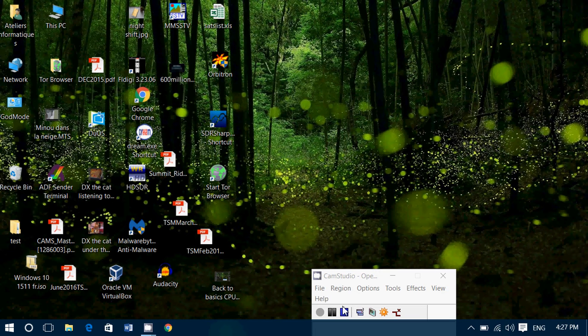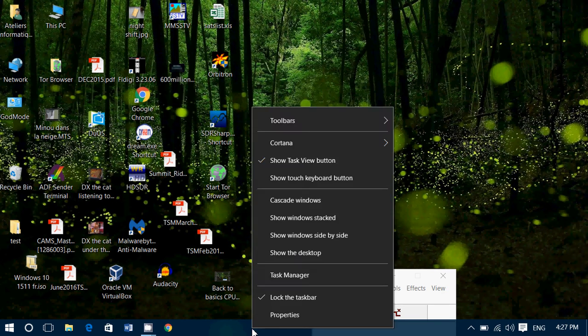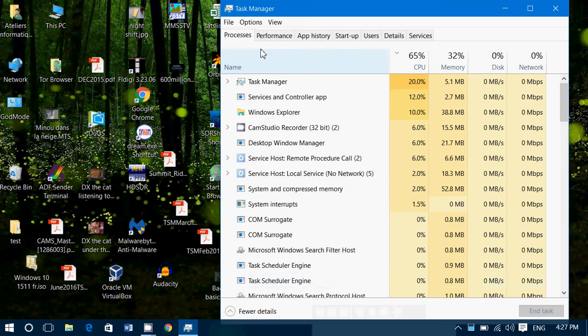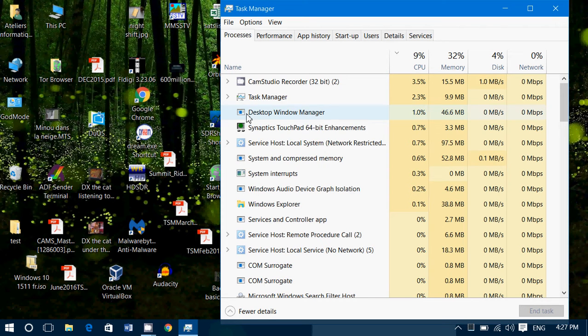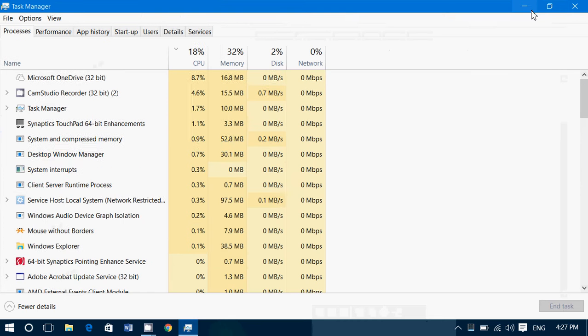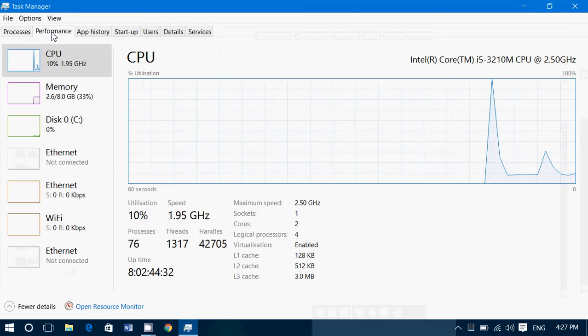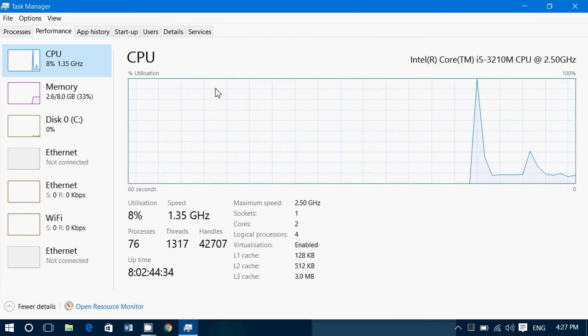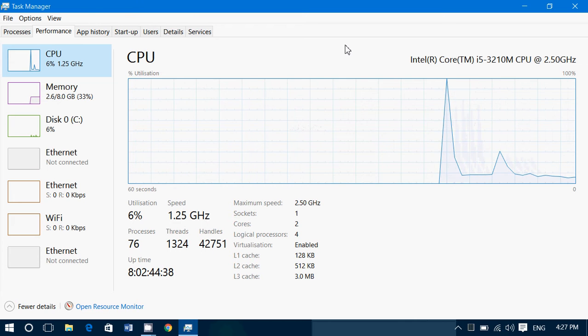So head on to the taskbar at the bottom, right click, go into Task Manager. Now if your Task Manager looks something like this, you need to actually click More details at the bottom and go into Performance. Here click CPU, and we're going to examine what information we have here about the CPU on